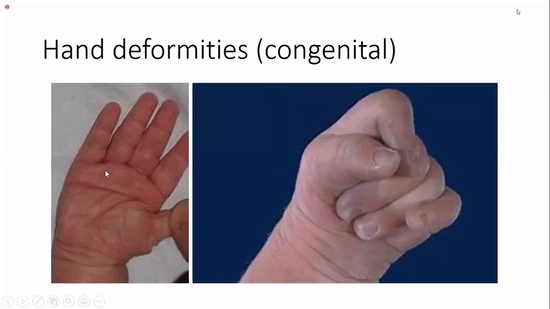Right? So in this child there is only a single transverse palm crease, right? Look at your palm, you will find two transverse palm creases. In your hand there are two transverse palm creases. But in this child, you have only one transverse palm crease. This is already there, this is the longitudinal crease. Right? So this is what we call a simian crease. Simian crease. Single transverse palm crease.